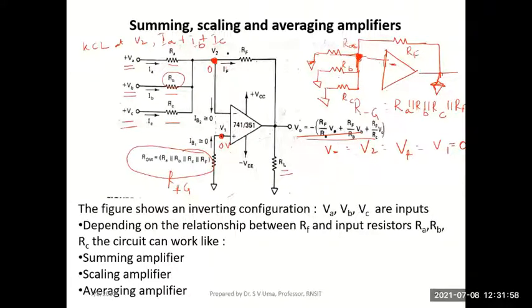And which are the currents leaving this node? One is this IB2. So according to Kirchhoff's current law, sum of all the currents entering the node should be equal to sum of currents leaving the node. So IB2 is one current which is leaving the node and IF is the other current which is leaving the node. Hence, sum of currents entering is equal to sum of currents leaving as we have written here.